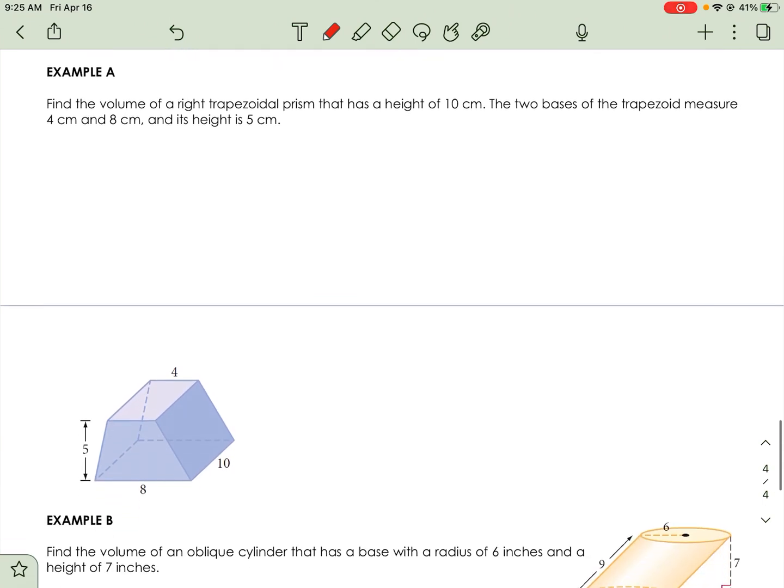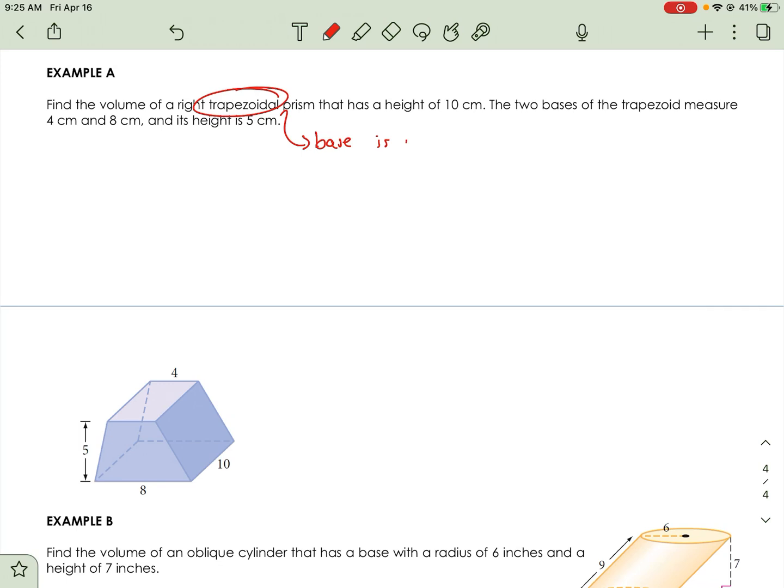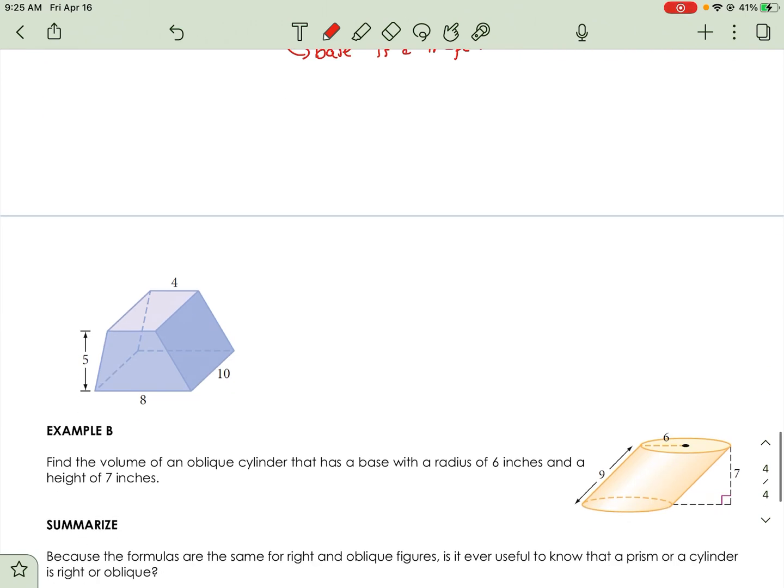So let's go ahead and just do a few examples of this. Here it says find the volume of a right trapezoidal prism. So this means that the base is a trapezoid, and it says that it has a height of 10 centimeters. It says the 2 bases of the trapezoid measure 4 centimeters and 8 centimeters, and its height is 5 centimeters. Again, you can see right here, initially you might think that this is your base down here because it's resting on that, but it does say it's a trapezoidal prism,